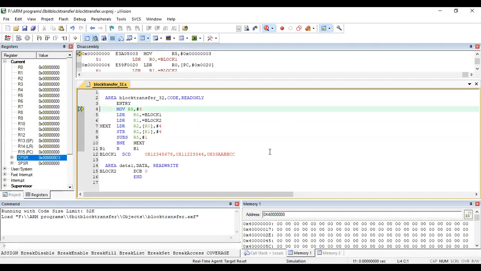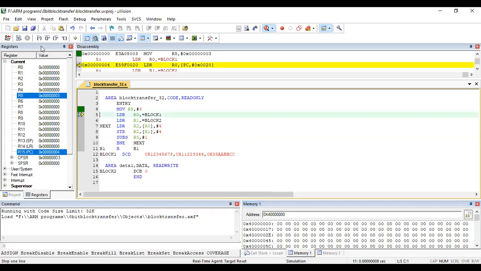When you are using this start or stop debug session, you have to initialize two memories. Memory 2 is nothing but the code memory or read-only memory. Memory 1 is nothing but data memory or RAM or read-write memory. Here, three 32-bit values are present in this address location. Three 32-bit values should come into memory 1. So we'll see step by step.